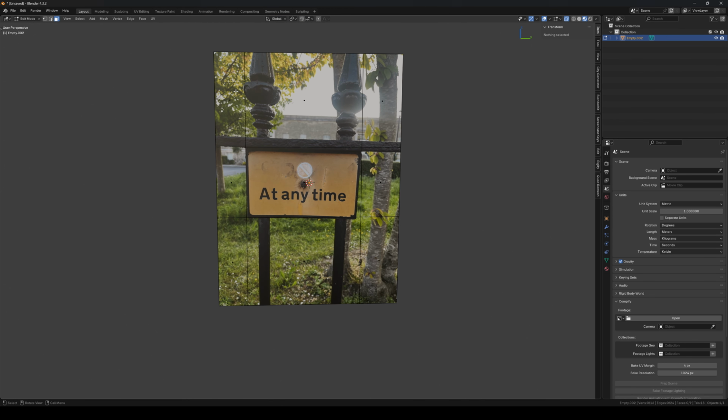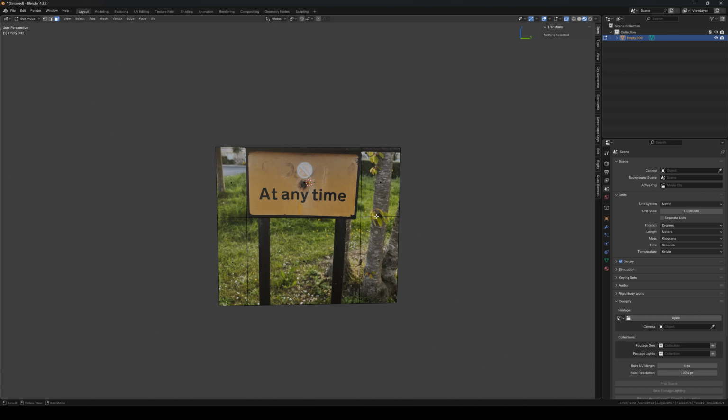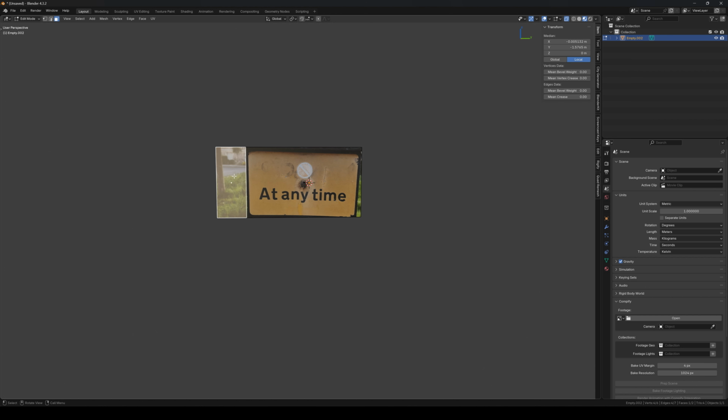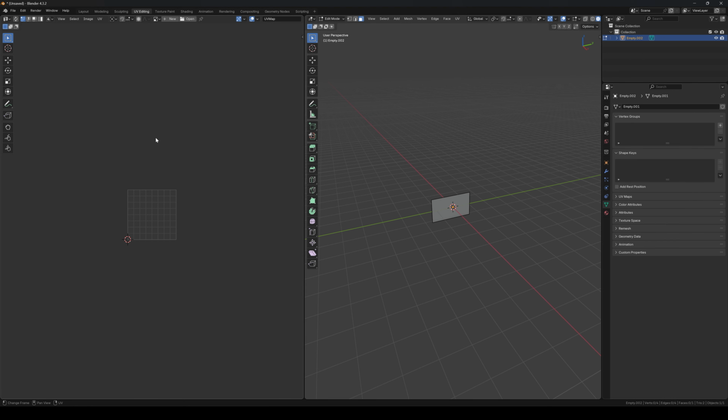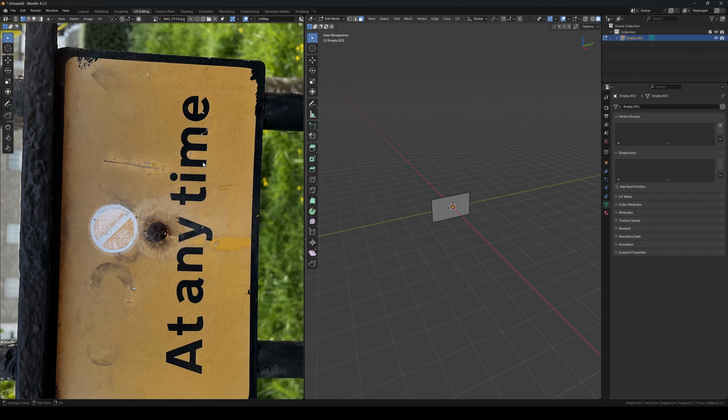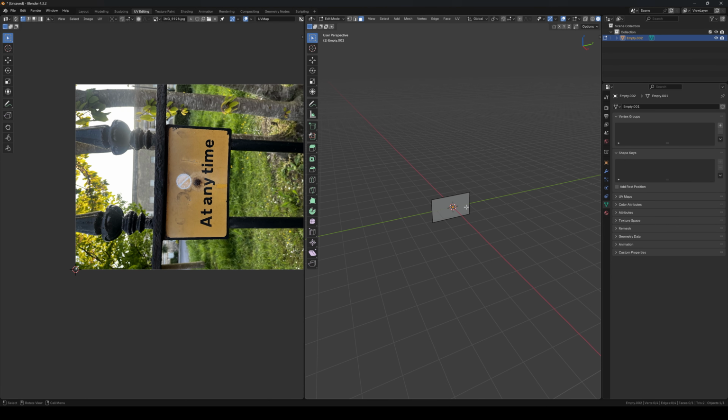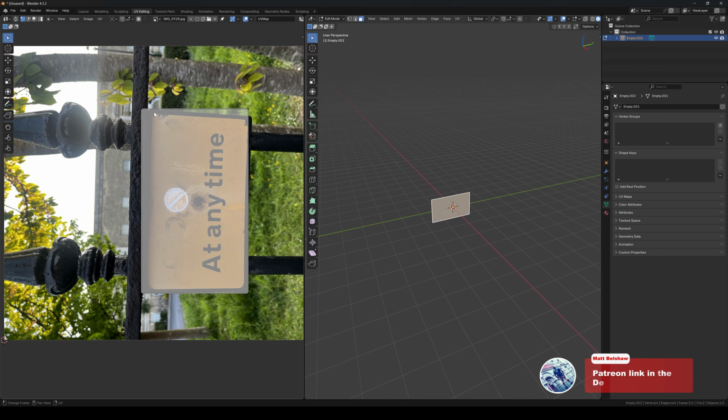And now what you can see is we've actually got our geometry set up. So if I now go to face mode, I can actually just go X F, X F, X F and X F, and then I've cut out the excess ones, but as you can see this looks like garbage because we've got bits clipped off and all sorts. So what we're actually going to do is go into UV editing mode like so, and then we're going to select our image like this, and then I'm going to select my object and the face of it, and you can actually see now that I can select and move my vertices around to move this into the